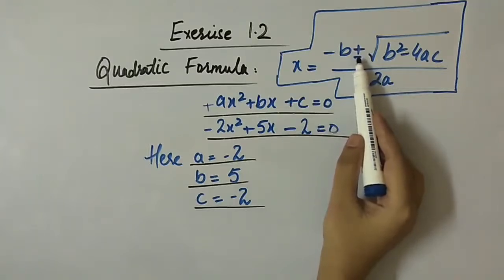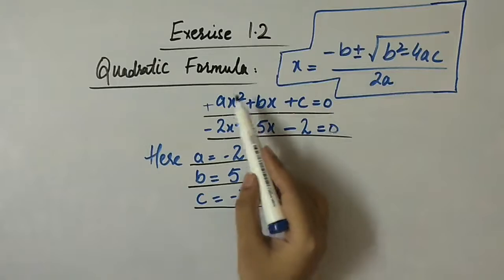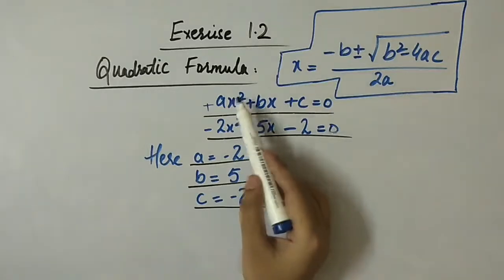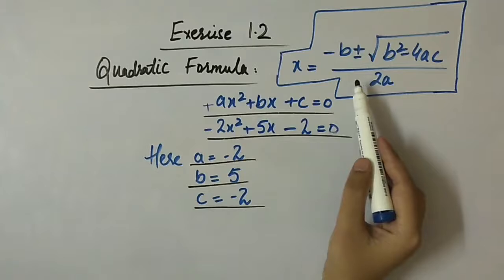In a linear equation the power of the variable is 1, so in a linear equation we get one answer. It is a quadratic equation, and in a quadratic equation the power is 2 and we will always get two answers. So keep this in your mind. In a quadratic equation we will get two answers after the solution, and in a linear equation only one solution will come, one value of x.